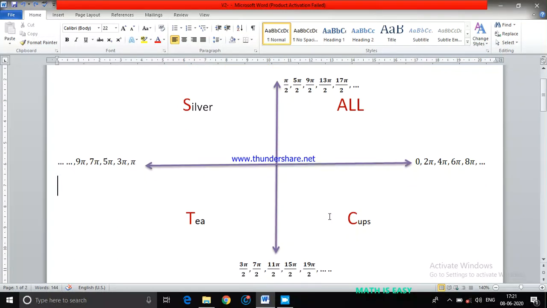So to understand that, let's take how your x-axis and y-axis values are assigned. This horizontal line is the x-axis and this vertical line is the y-axis. I think everyone is aware of that. So first, if I start from here, this is 0 degrees. Here you have 0 degrees.